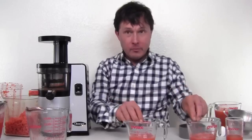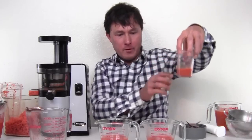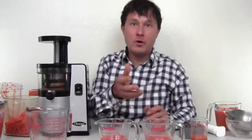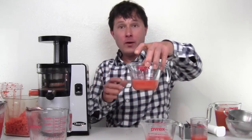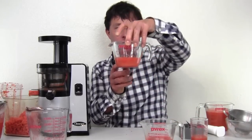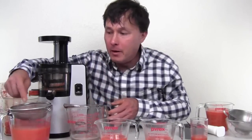Alright, so we can go ahead and compare these three for you guys. Squeezing out only made approximately 40 milliliters of juice. Just rejuicing the pulp made about 100 milliliters of juice, and that's rejuicing the pulp with one extra carrot. And then finally, rejuicing the pulp with some coconut water in this instance gave us our original coconut water back over here, but then also gave us about 125 milliliters of juice. Not bad considering originally we got about 600 milliliters of juice